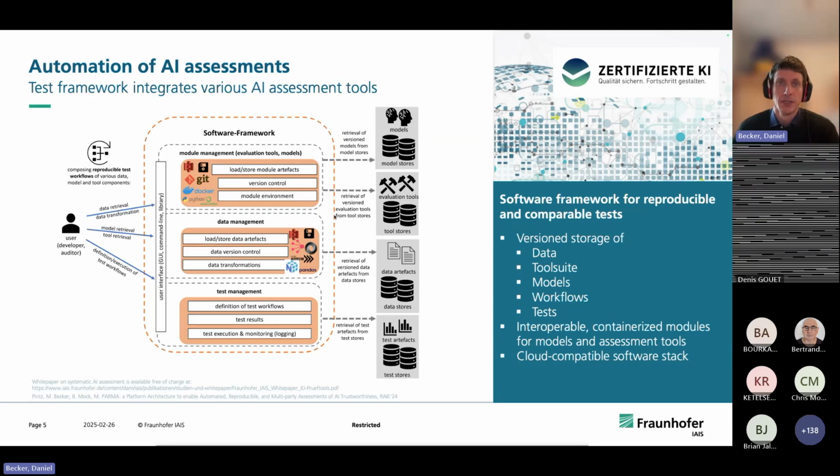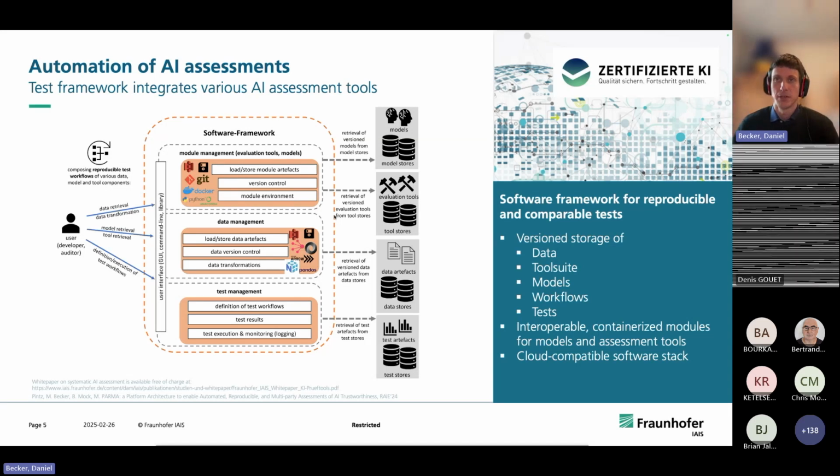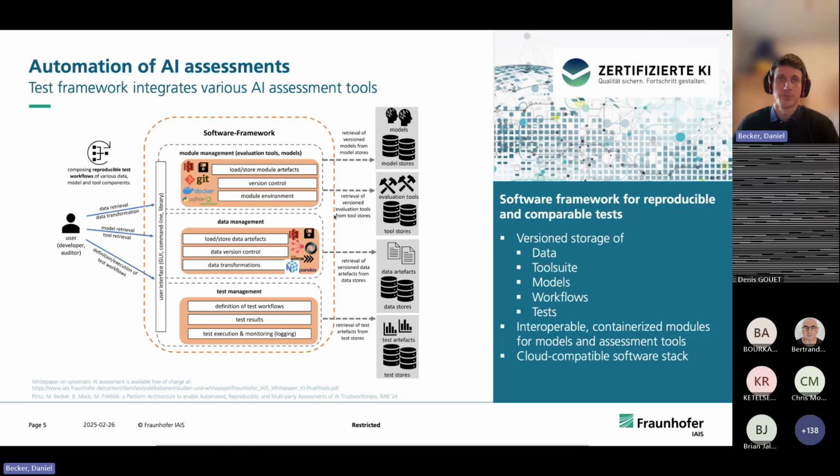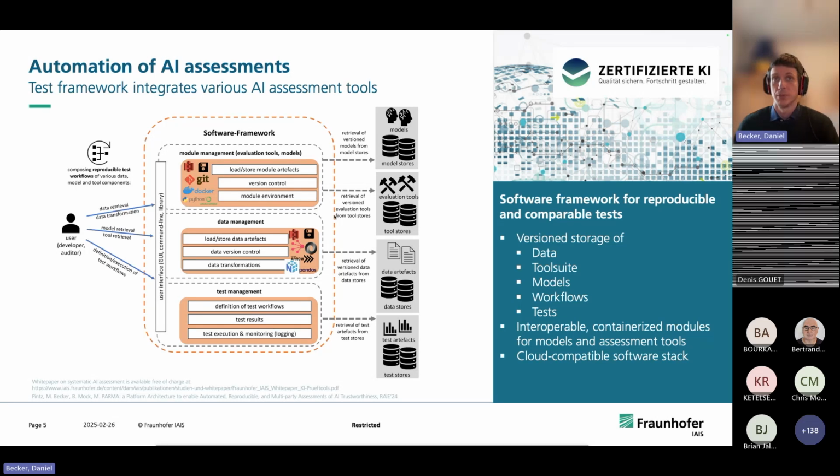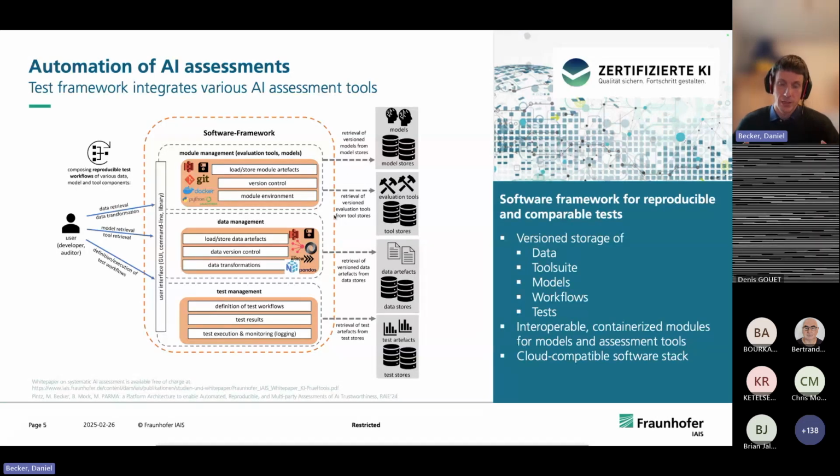So first of all, what we would definitely need for this kind of assessment platform is, as I said, to be able to integrate all the components that are part of an AI assessment into this platform. The components could be data sets, models, tools, and also configurations of test workflows, meaning how these components act together.